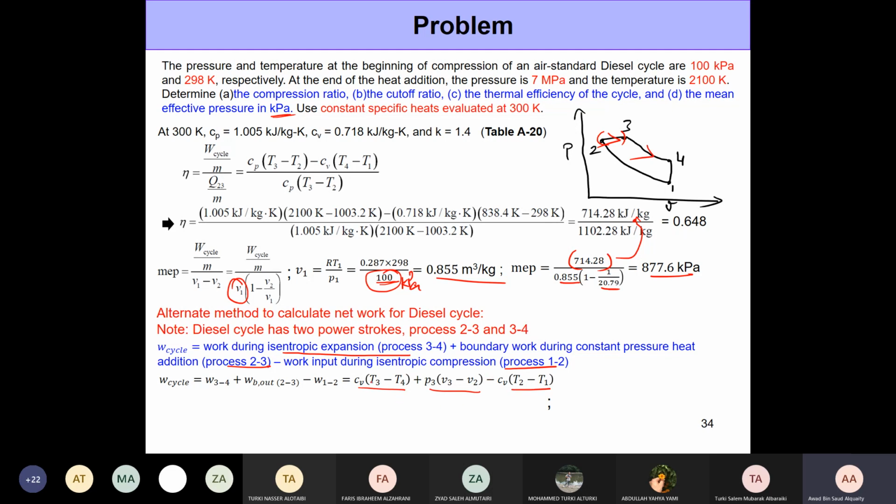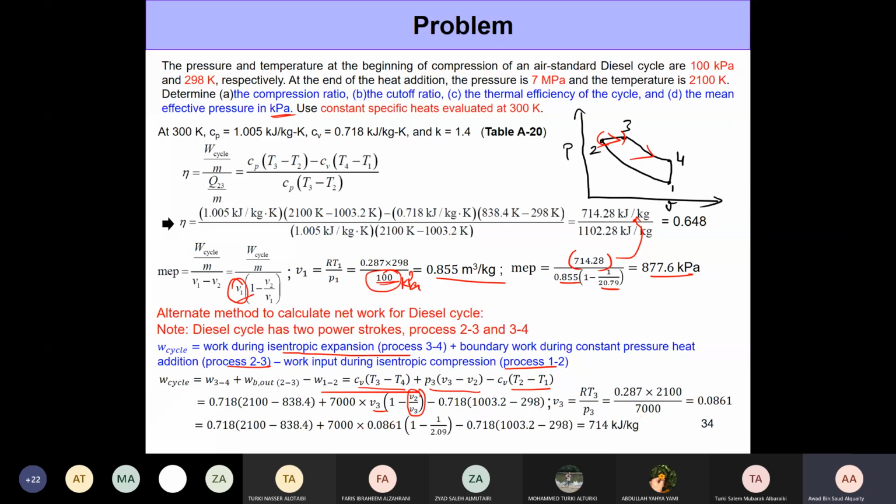Now here we have CVs, we have the temperatures, but we don't have the value of V3, right? So we could again take V3 out common and write in terms of the ratio 1 minus V2 by V3, simply because we already calculated this ratio before. It's the inverse of the cutoff ratio. OK, so the way you calculate V3 is the same as the way you calculated V1. You just put it as RT3 by P3. We have the numbers here. Use the correct units and plug in the numbers here. So it also again comes out to be almost the same value. The slight difference is because of the approximations taken.